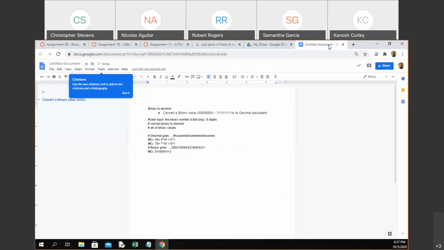Well, we have 8 digits here. So we'll start here. We've got the ones place, 2s, the 4s, the 8s, the 16s, 32s, 64s, and the 128s. So that means we're taking 0 times the 128, because it's in the 128 place value, plus 1 times 64, because it's in the 64 place value,